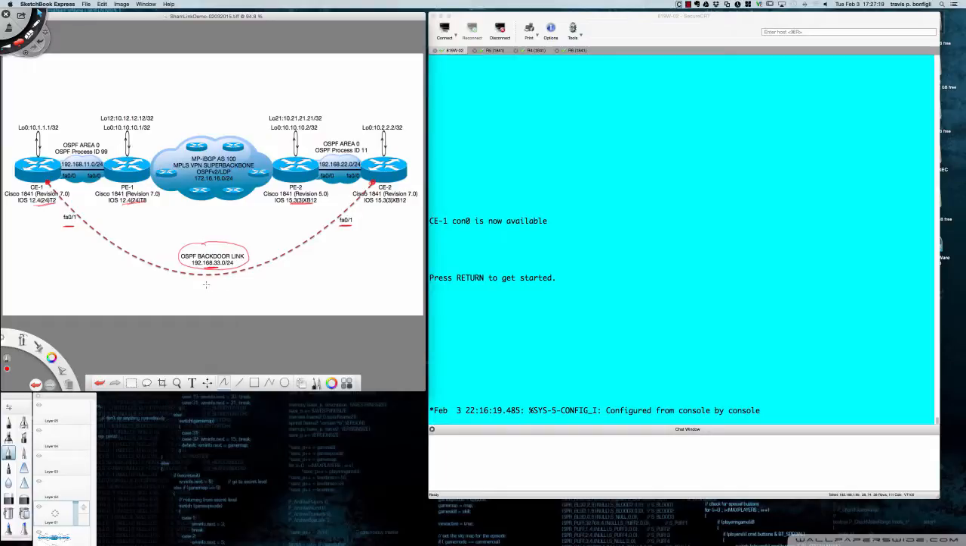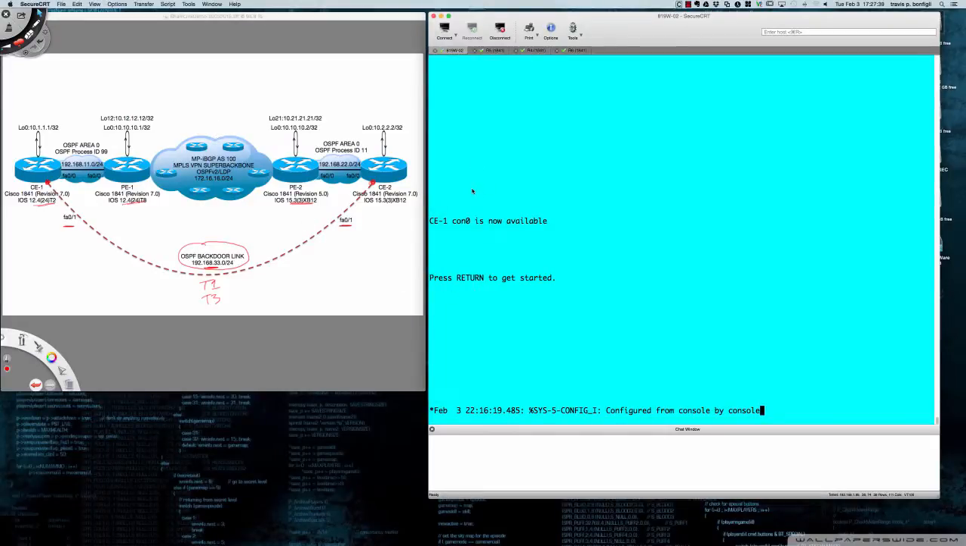And this could be anything. It could be a T1 link, it could be a T3 link. Any link that you have as a backdoor link, just in case for whatever reason the MPLS provider cloud goes down. So let's go ahead and take a look right now on customer edge router 1,